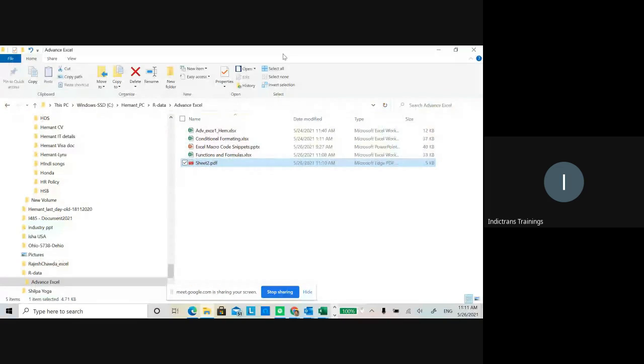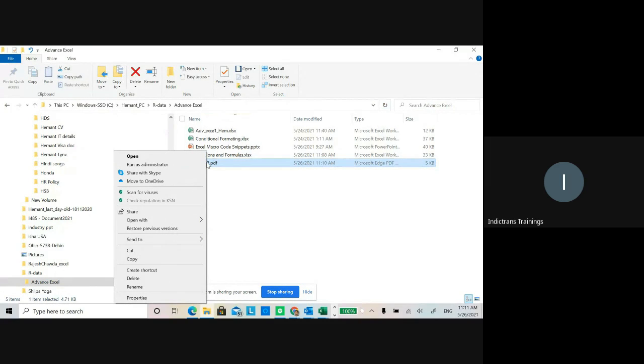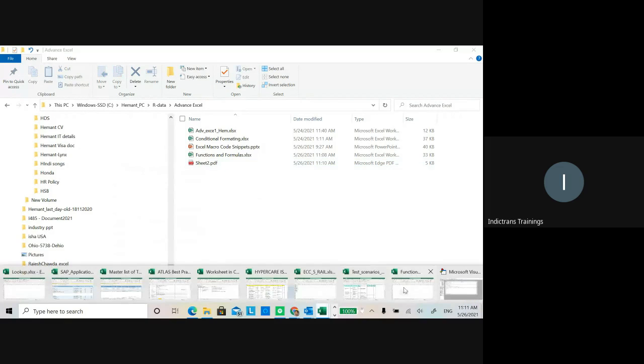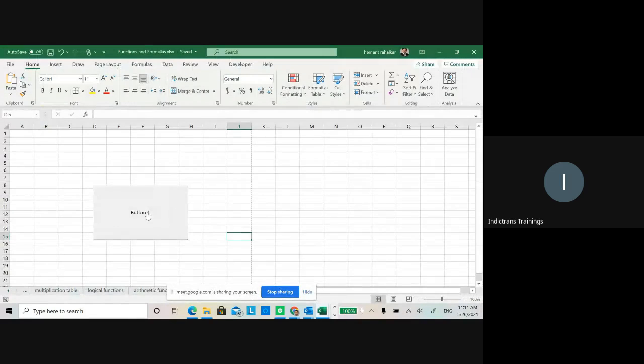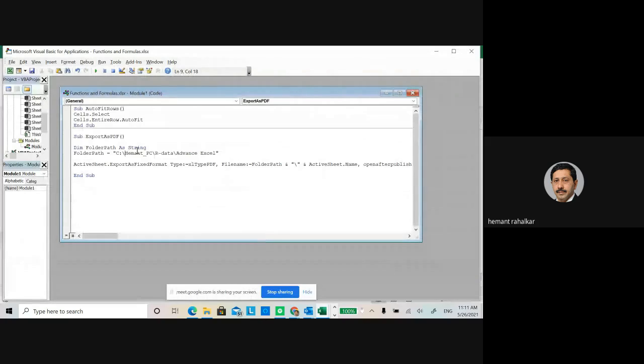Okay. Just go to that Excel sheet again and try to debug that problem. Go to the Visual Basic thing. Okay, it didn't give any error per se. File name, old path, active sheet name, open. Now you just say open after publish will be true. That is false, right? So just make it true, capital T, near the end.